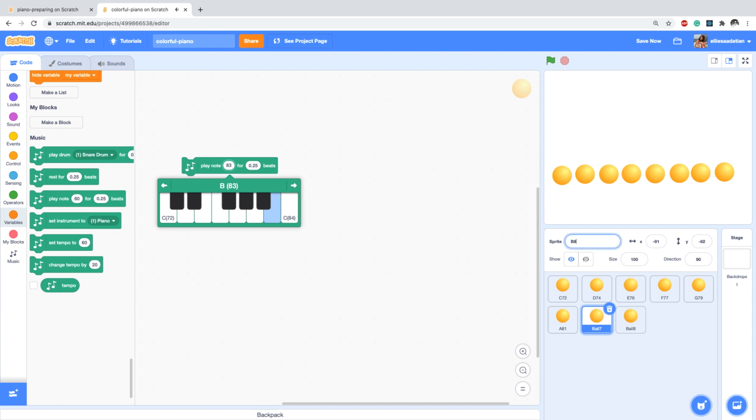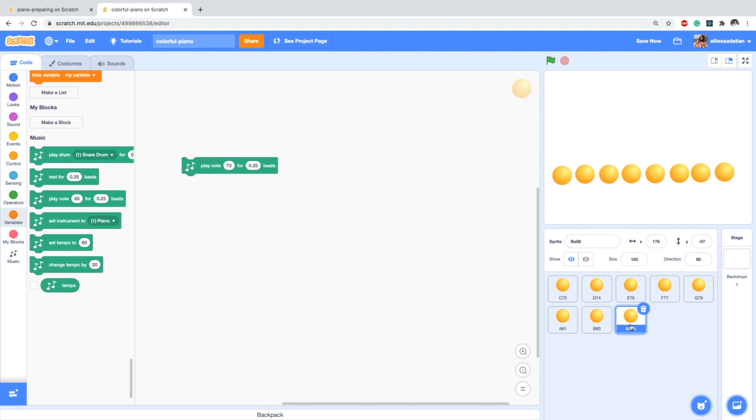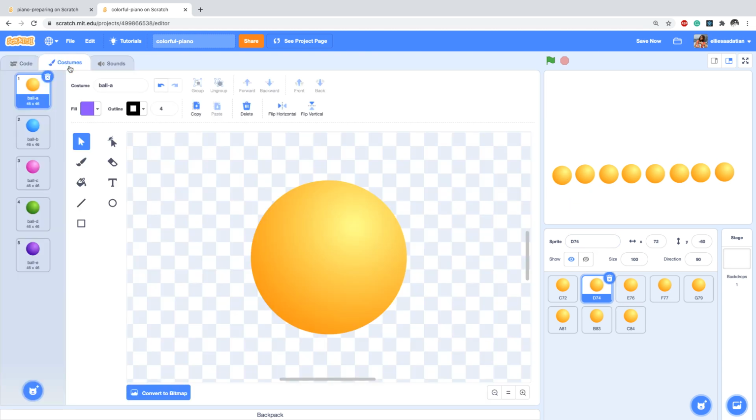B83. C84. Okay, what I want to do is I want them to have different colors, so I'm going to customs,